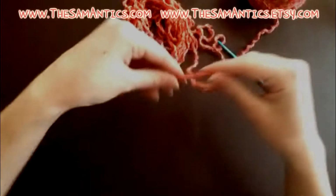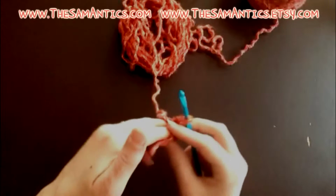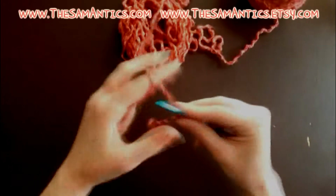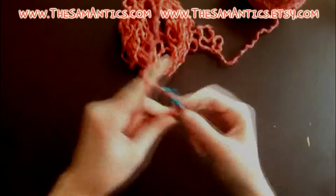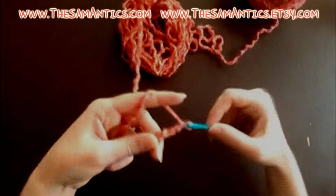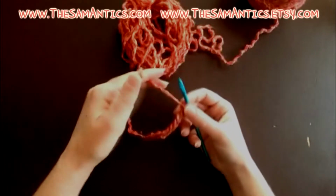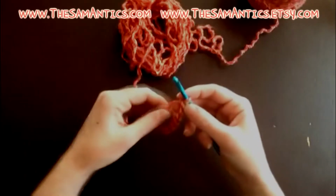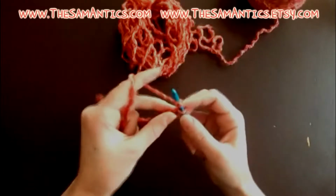So the first thing that you want to do is create your slip stitch. And then you're going to chain 10 times. Now this scarf is based on the treble or triple crochet stitch, so I'm just going to walk you through it. Instead of skipping a few stitches, we're just going to skip the first one, which is the one attached to the hook. So yarn over twice,